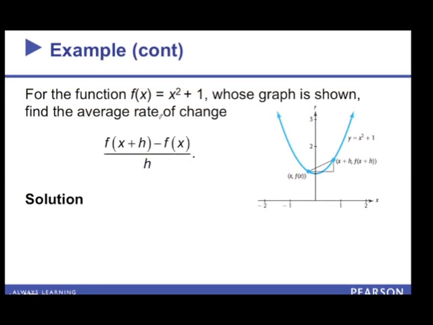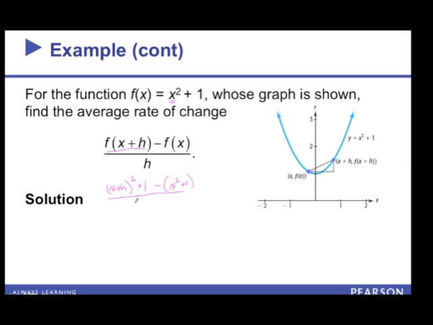Let's look at what happens with that difference quotient. We have right here the function of x squared plus 1. That's the graph, and we want the average rate of change between this point and this point. We've just called them x and x plus h. So we use the difference quotient, f of x plus h. That means in place of this x, we're going to put an x plus h. So x plus h squared plus 1. That's my f of x plus h, minus the regular x squared plus 1,